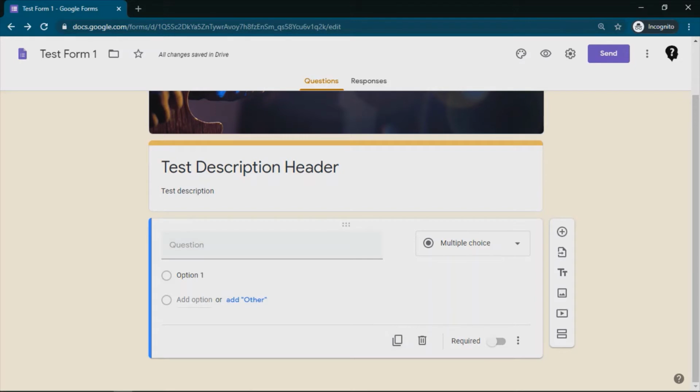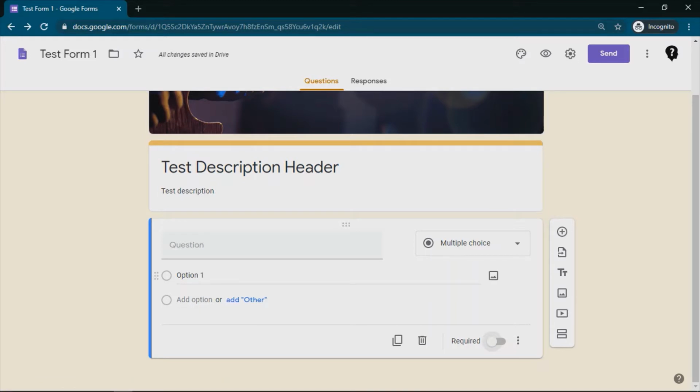This is to duplicate. Once we have designed one question and we want to replicate it, we can simply click on duplicate. We can delete it, and this is very important. If we want to make a question mandatory, we can simply click on it. What this means is, when we submit the form, if this question is unanswered, it will not allow the user to submit it. So these required questions are basically the mandatory questions.